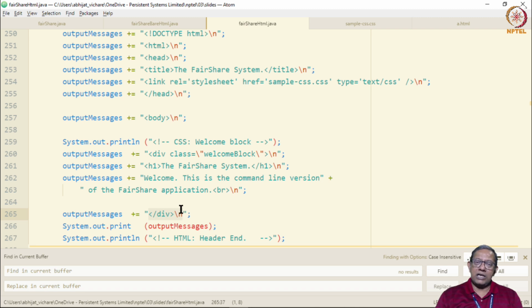Why do we call it a class welcome block? Well, CSS allows us to treat a bunch of HTML tags as a class and describe their presentation details. So from a user presentation perspective, we decided to mark a block of HTML as logically relating to welcoming the user to this application.